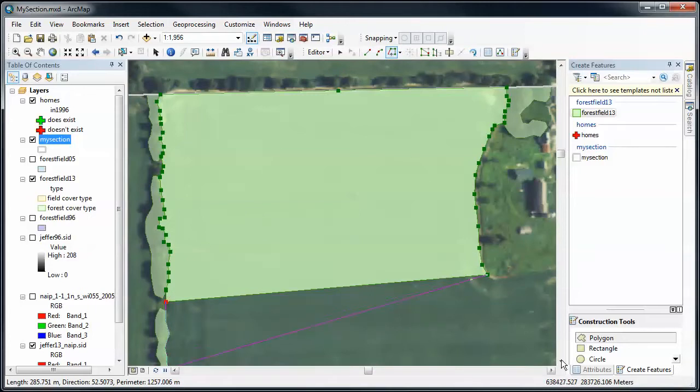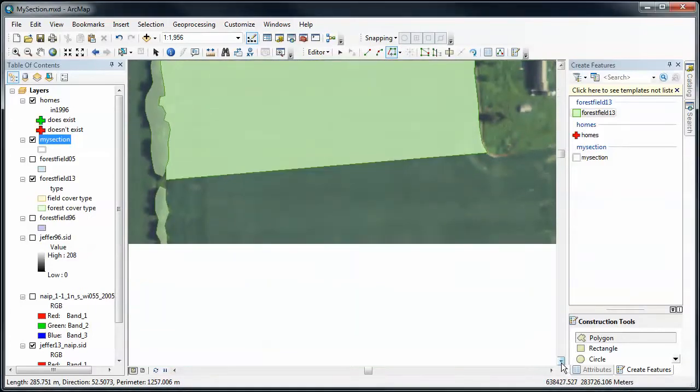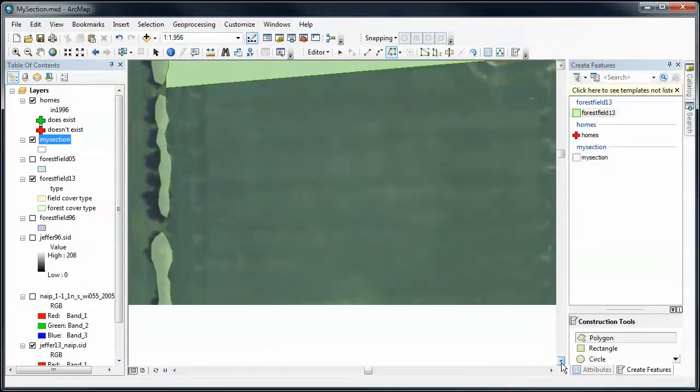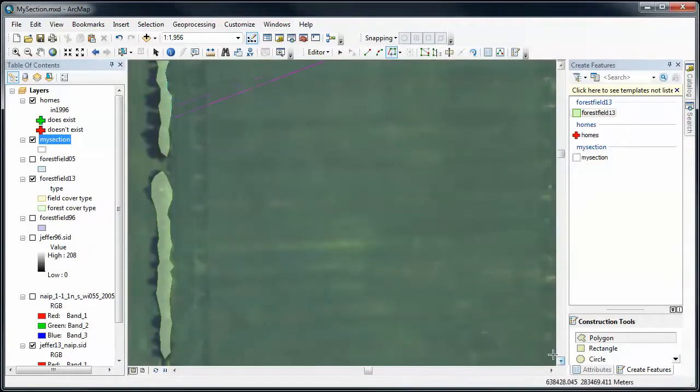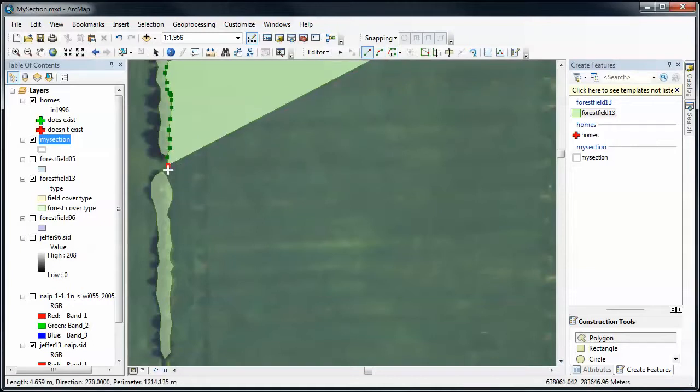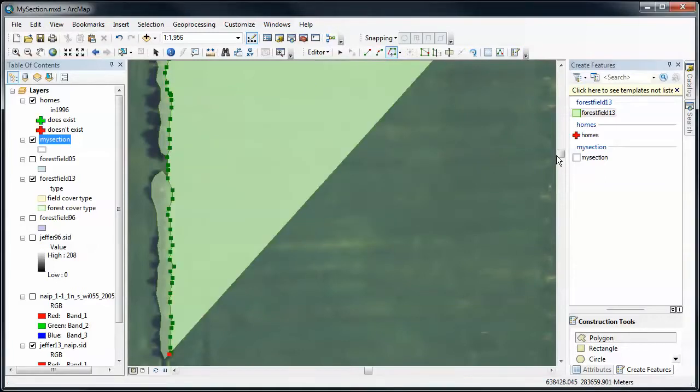Okay, and now I need to scroll down a little bit. All right, trace down to the edge here, stop, go back to straight line editing, a couple clicks, then we're back to tracing again. Stop, scroll down,